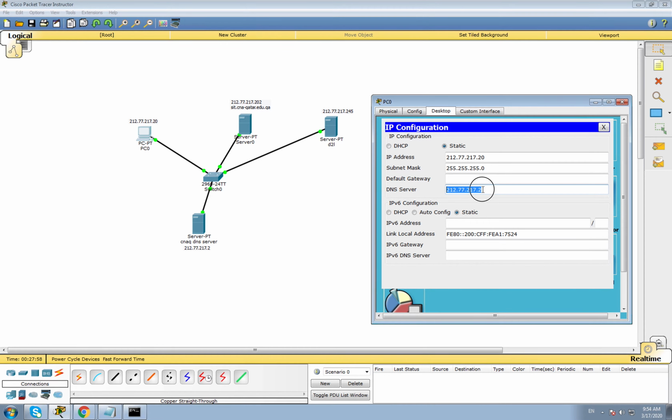Okay, so this is just one of these anomalies, I think, from Packet Tracer kind of helping us a little bit. Okay, now what I'm going to do is I'm going to pause this video for a couple of minutes